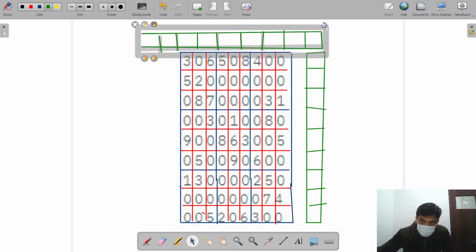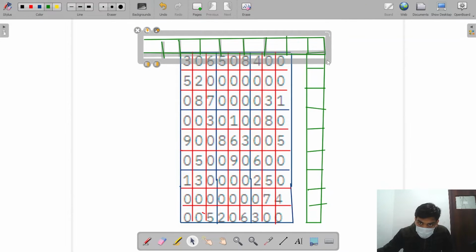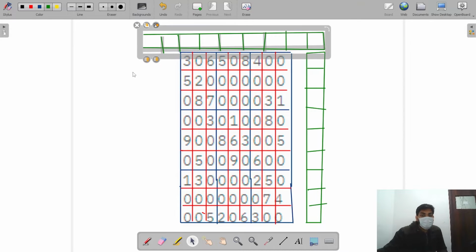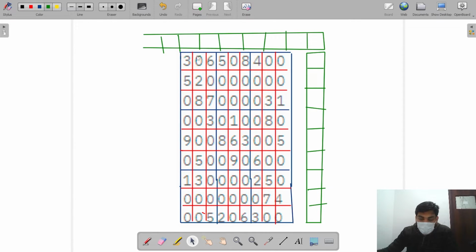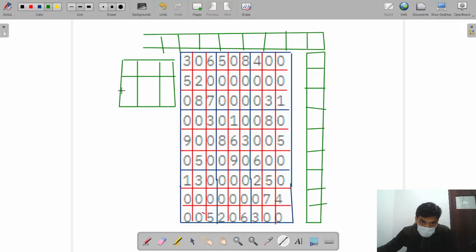Similarly here there should be 9 columns also. And one more, a 3 cross 3 grid. So if I take this number, if I'm adding a number here, it should not be in this. So there would be some numbers.